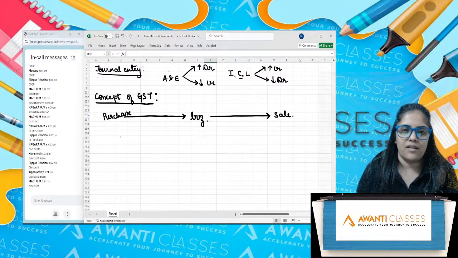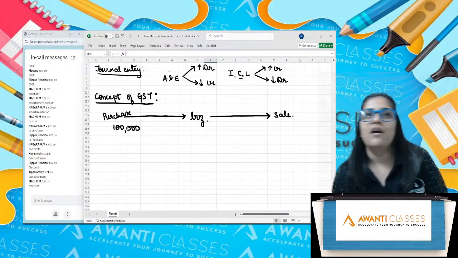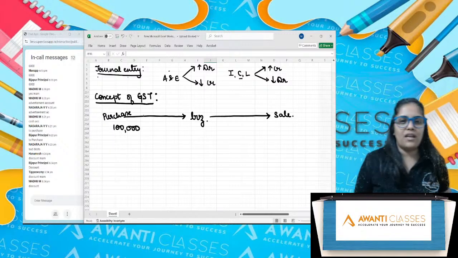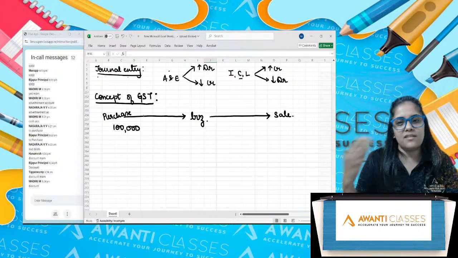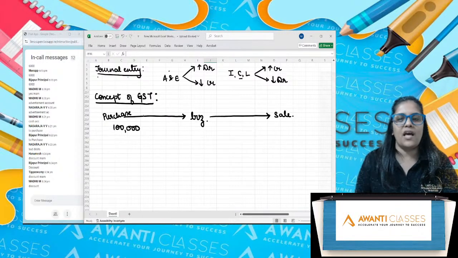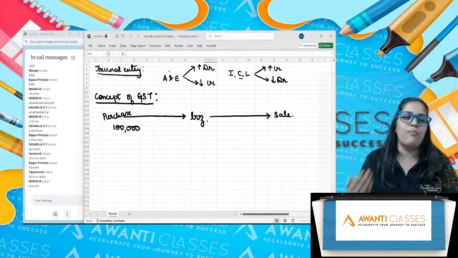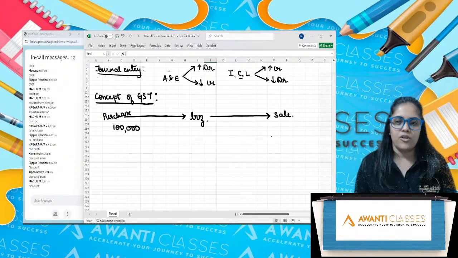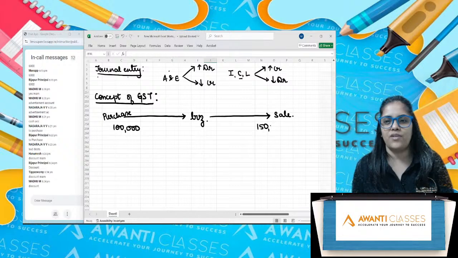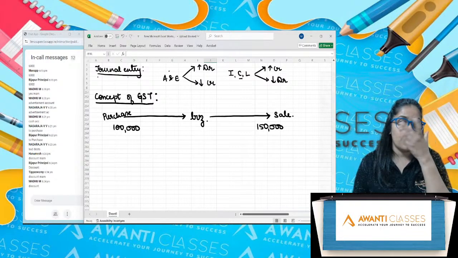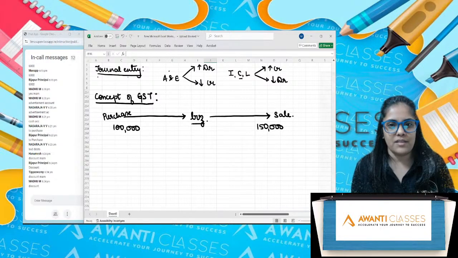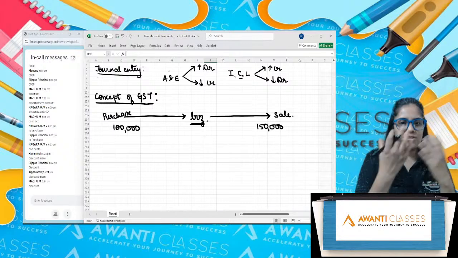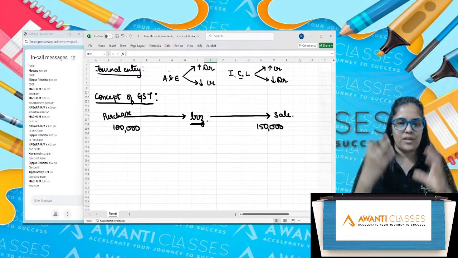Now, if we purchase, let's say we have purchased for 1,00,000. If I purchase for 1,00,000, I will certainly sell for more. Obviously, I will never sell it for 1,00,000. I will sell it for more than 1,00,000. Correct? So let's say I sold it for 1,50,000. Okay. Now in business, whenever you purchase anything,